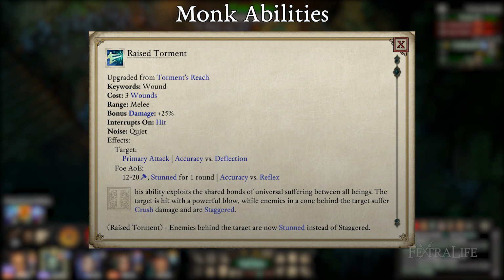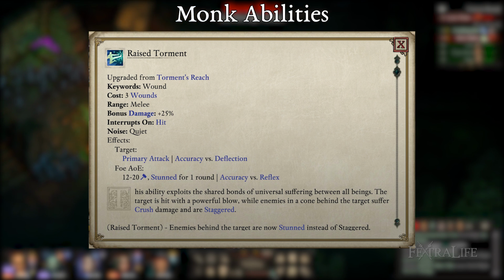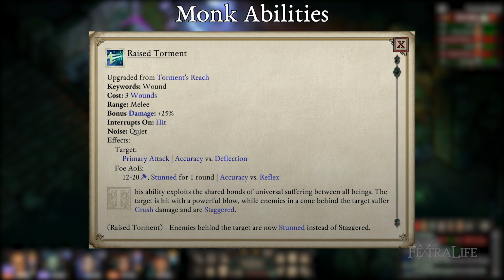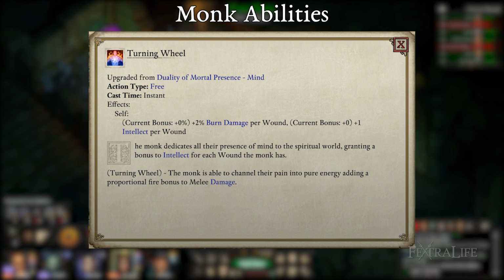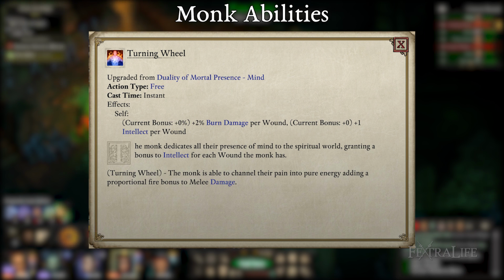Raise Torment. This upgrade to Torment's Reach will allow you to stun enemies you hit instead of stagger, making this a very, very powerful upgrade. Take it as soon as you can. Turning Wheel. This will add plus 2% damage dealt as burn for each wound you have. 10 wounds equals plus 20% burn damage. This makes you an absolute powerhouse and hit like a truck, though you are unlikely to have this many wounds